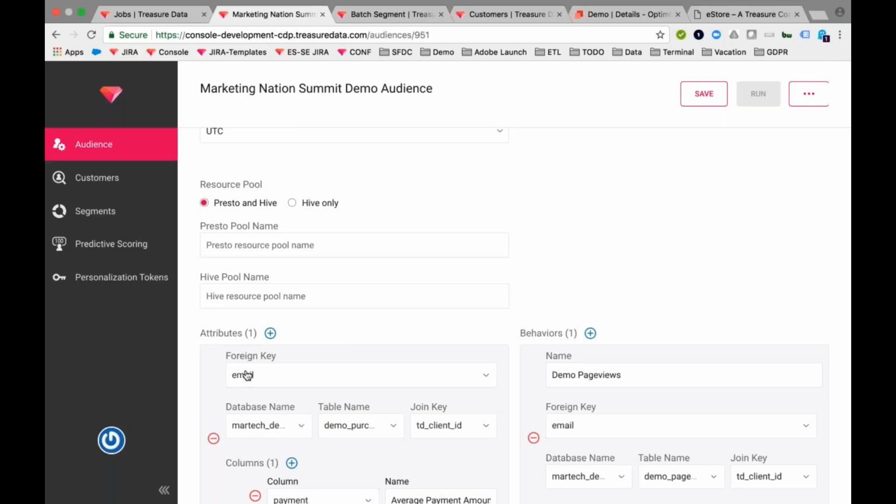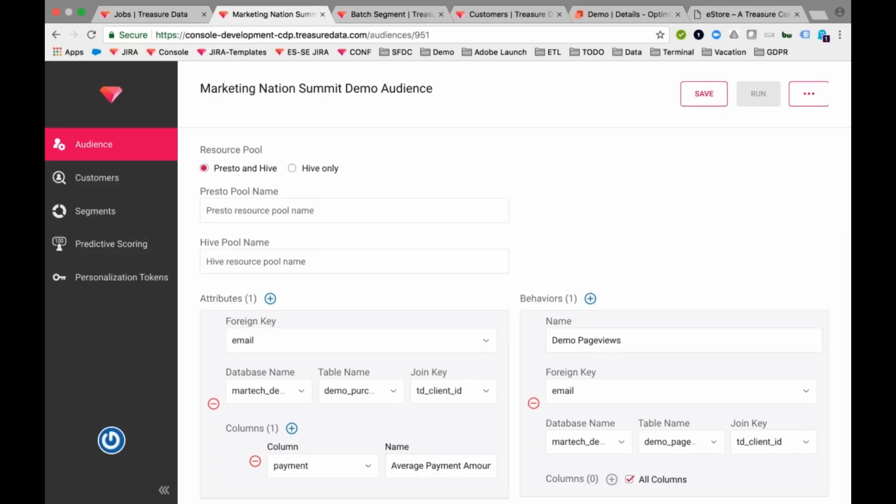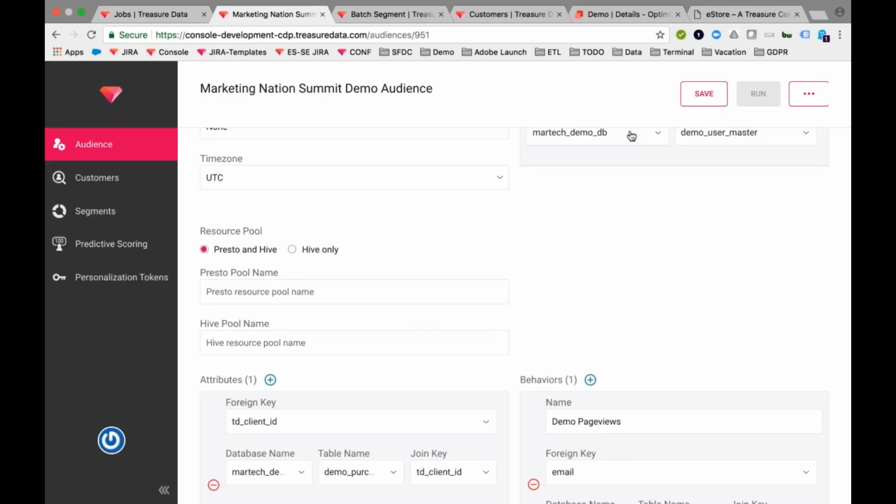We just say, okay, what we have here is a key on which we're going to join these two data sets. This one here is not correct. This should be TD client ID. There we go. And so here, TD client ID is the same as TD client ID. This is a different table. So you'll have one row in this table for every one row here.